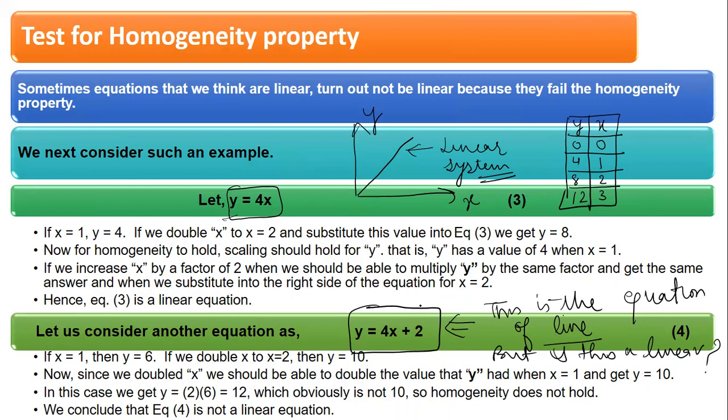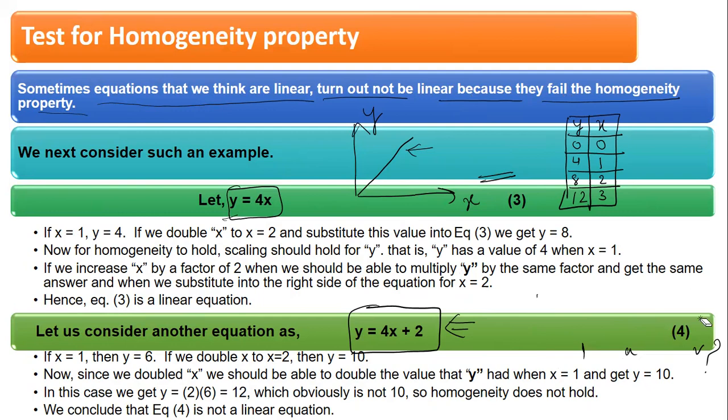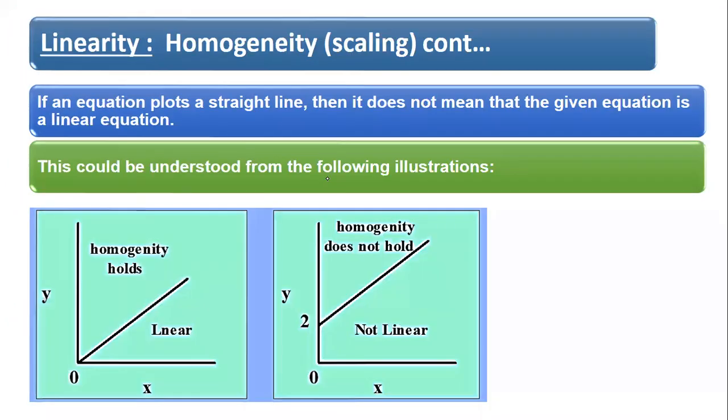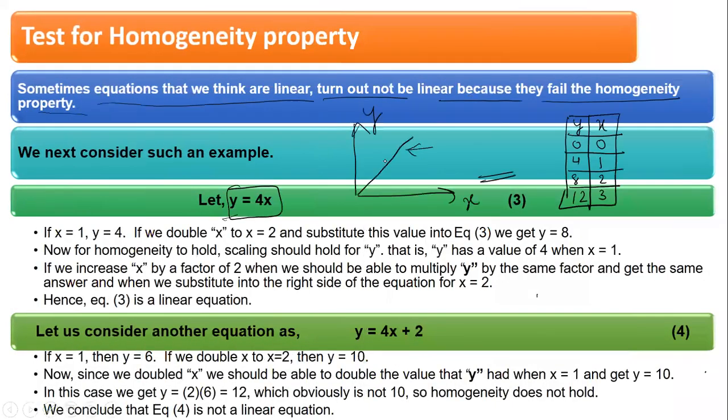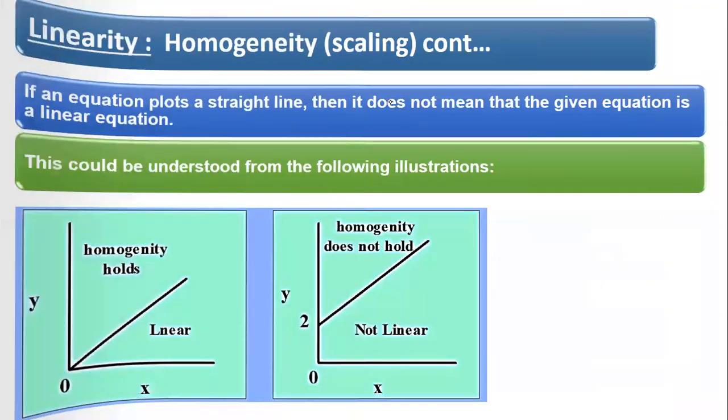If you have an equation which represents the equation of a line, it doesn't mean that it would be a linear system. It may be non-linear also. So this is what is written on the top. Sometimes equations that we think are linear turn out not to be linear because they fail the homogeneity property. Now let us see how it fails the homogeneity property. In this equation, if you draw the graph between y and x,